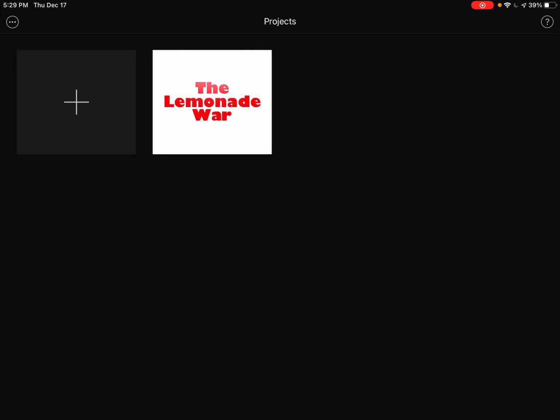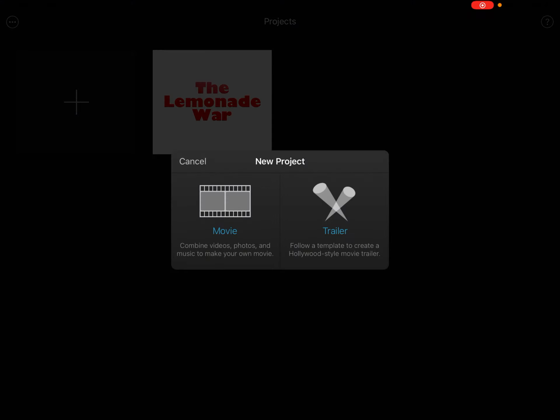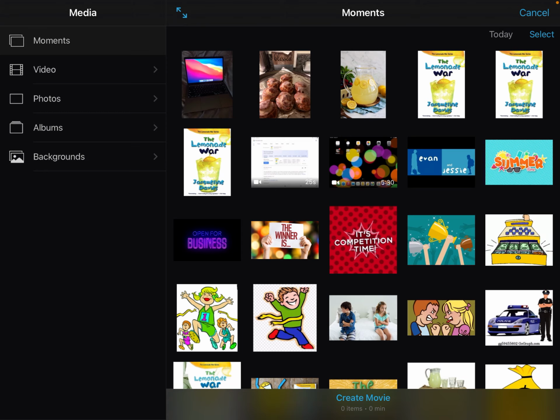So we'll start by opening up the iMovie app. We're going to tap on the plus sign, and rather than trailer, we're going to select movie. This will give your students total and complete freedom and flexibility in creating a movie that is as long or as short as they want. There is no pre-existing template with a predetermined number of photos, and it's perfect for shorter chapter books or picture